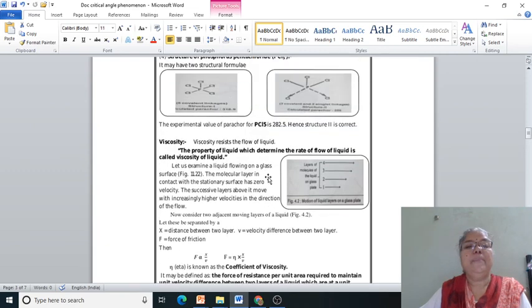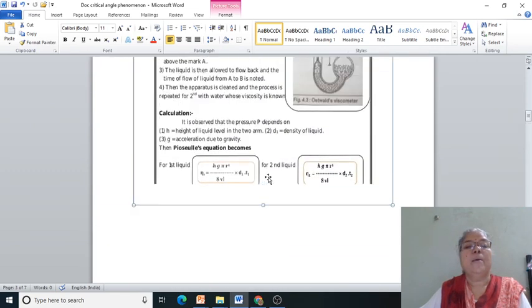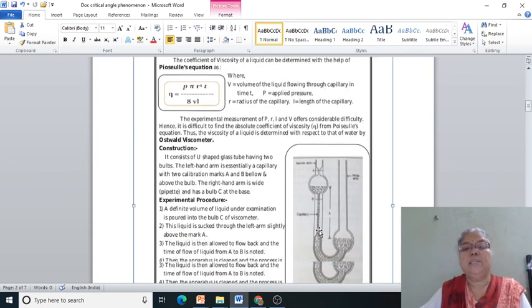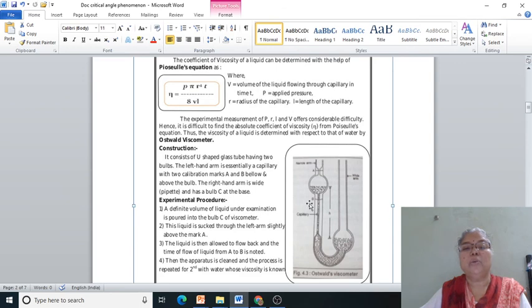Then the measurement of viscosity by Ostwald's viscometer. Here, this is the construction of Ostwald's viscometer, and simply you have to take the liquid under study in this